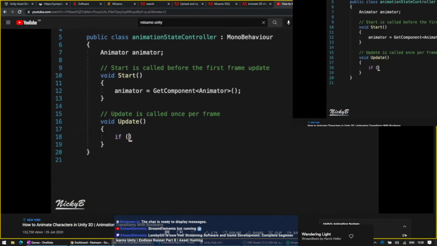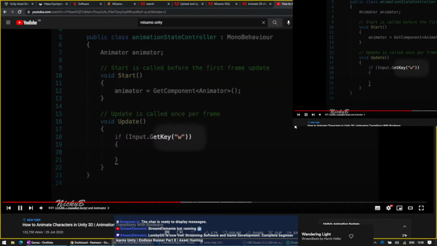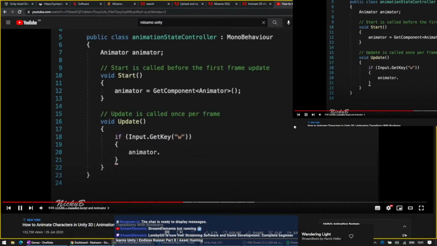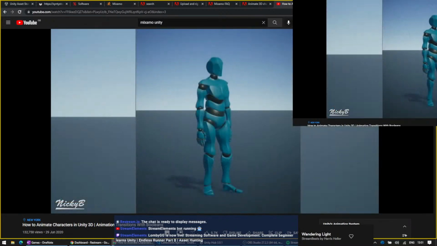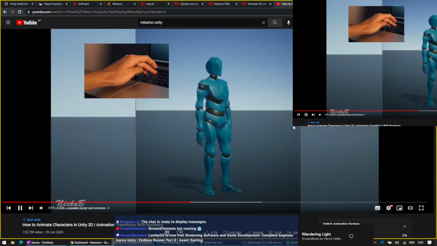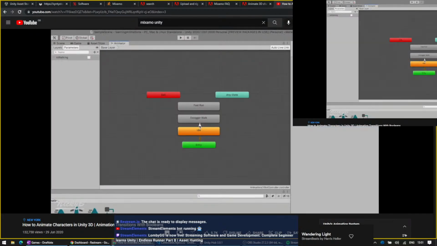In the update function, we'll check for when the player's input means they want to move forward in our character's script. Using one of Unity's built-in functions, Input.GetKey, we can pass in w as a parameter, so that when w is held down, our is walking on the animator, by accessing our animator reference, we use the set function to set is walking to true. Why? The answer is simple. Returning to a condition will set the